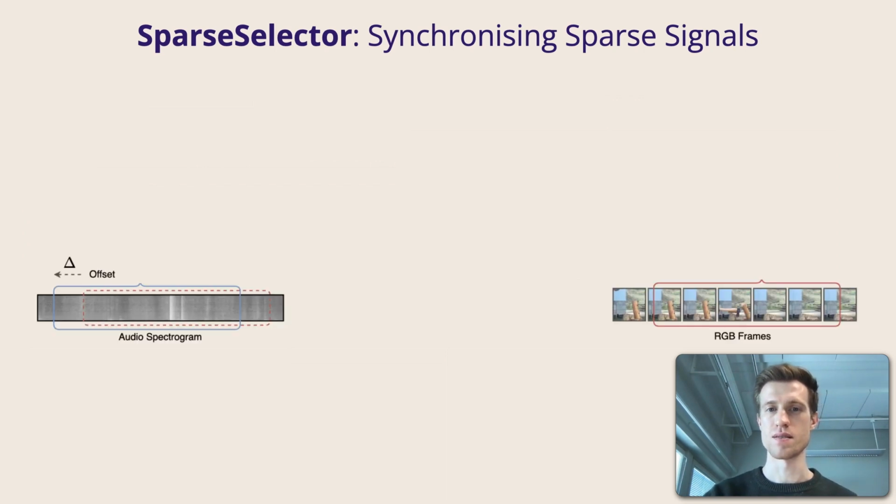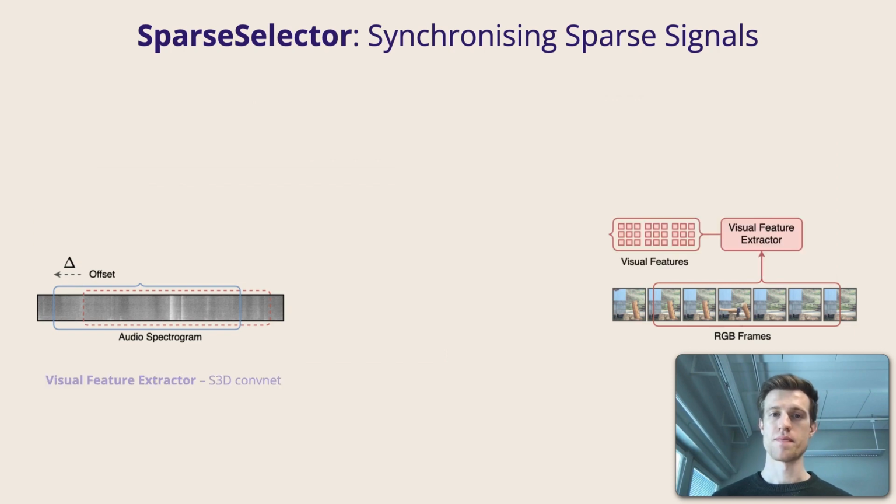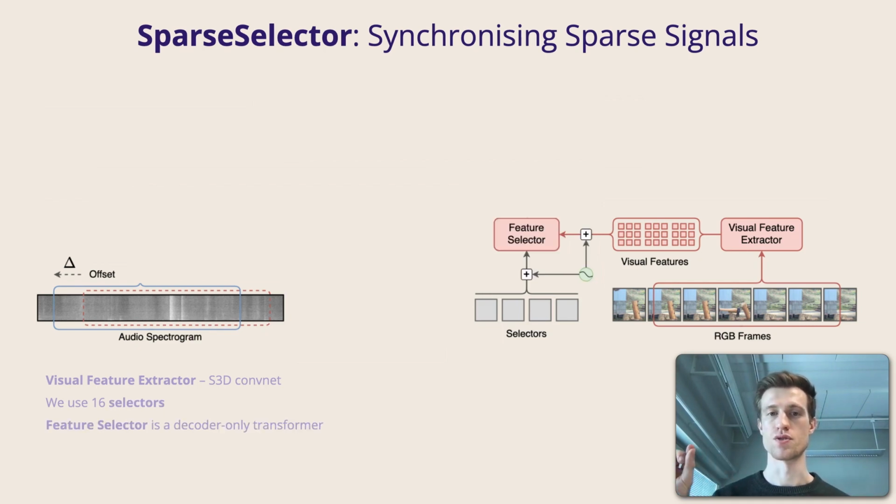Given audio and visual streams that are potentially out of sync, we first extract features from them. Notice that the size of the features grows with things like frame rate or spatial resolution, which should be quite high to capture the synchronization cues. Inspired by Perceiver and DETR, we suggest having a small set of trainable vectors, let's say 16 of them, that will query important information via cross-attention modules. This way we can process longer input sequences, and the audio features are processed in a similar way.